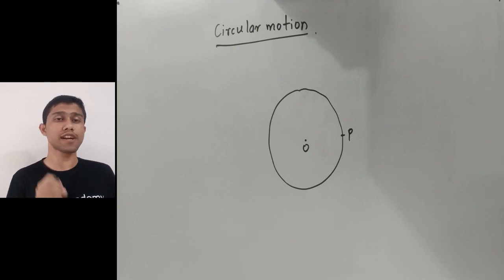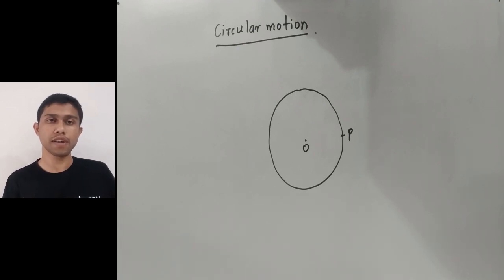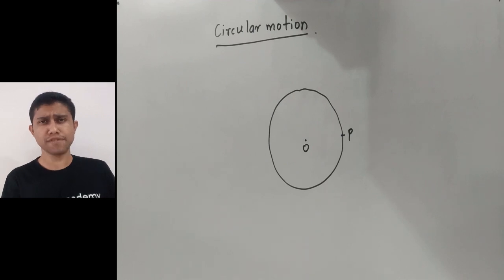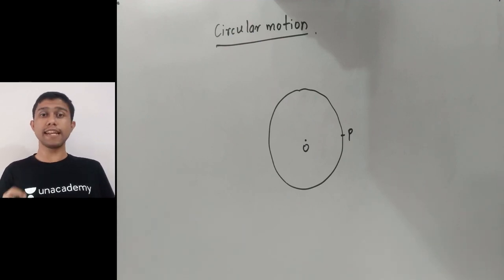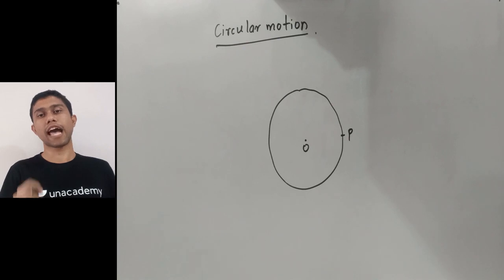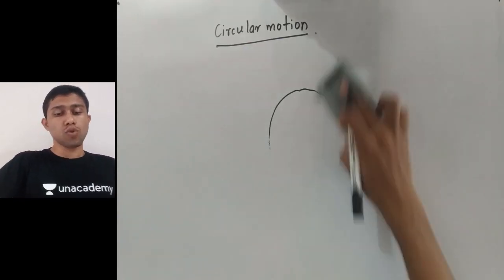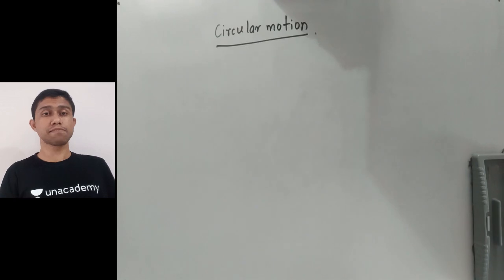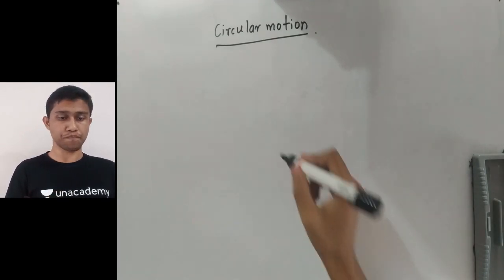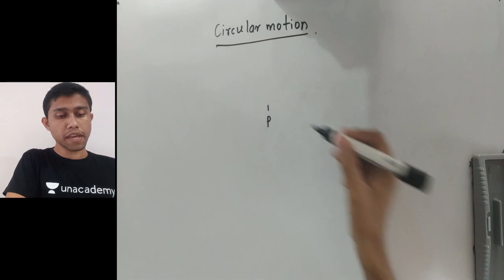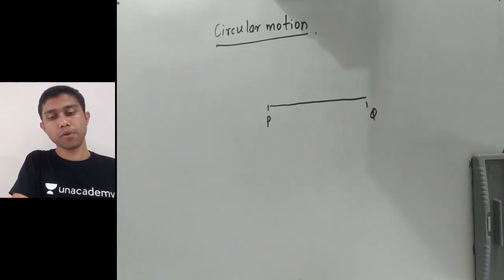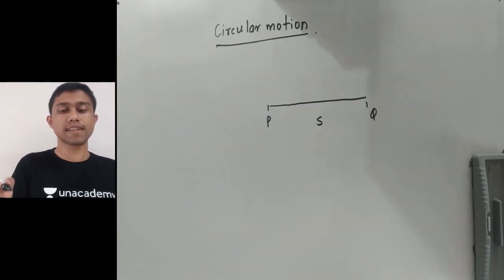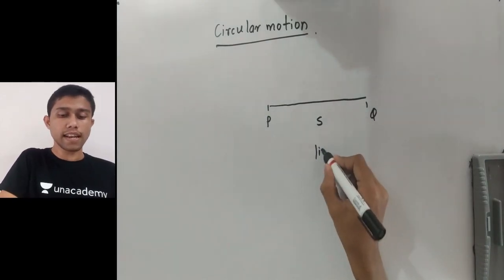Now we will see what is angular velocity. Up till now in the kinematics or motion in 1D, we have seen what is a linear velocity. The linear velocity is defined as the displacement upon time. But that displacement is a linear displacement and it is different from the angular displacement. So what is the difference between the linear displacement and angular displacement? Now we will see. So there was a point P and a point Q. So particle traveled from point P to point Q. This distance S or this displacement S is called as the linear displacement.